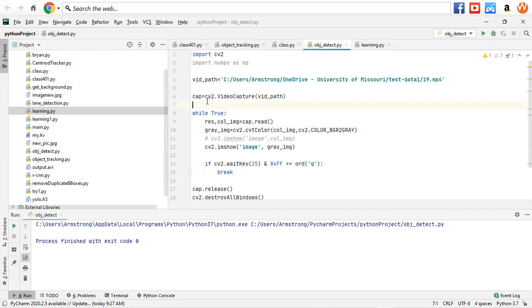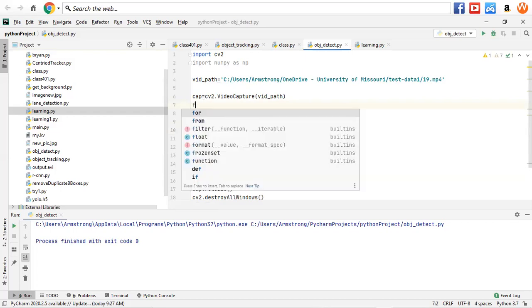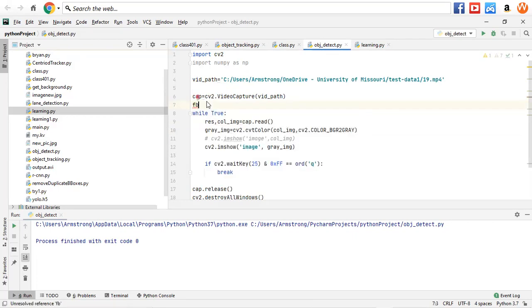So we'll get the background image, the background subtraction. So I'll say full background is equal to CV2